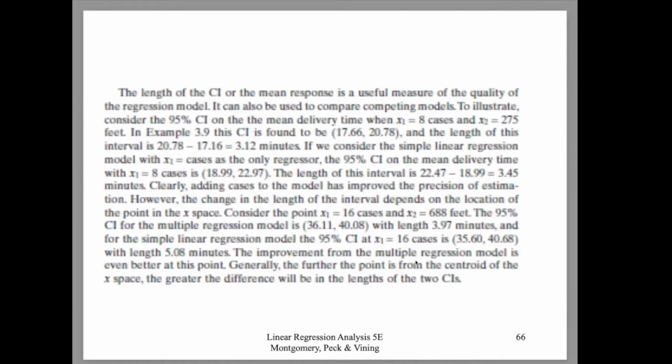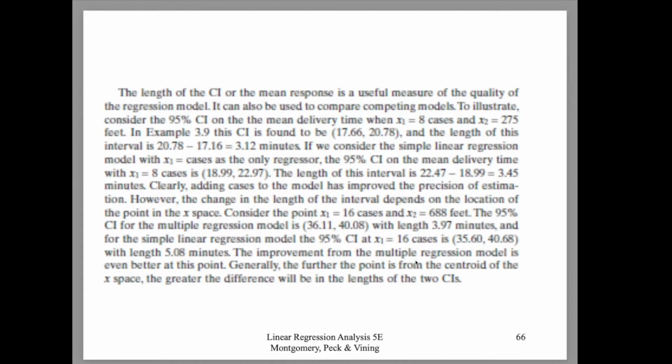All right, and so then finally, this slide has some useful information, and this is taken from the textbook. The length of the confidence interval, whichever confidence interval we're looking at, for a beta parameter or for the mean response, is a useful measure of the quality of the regression model, and we can use this to better understand the benefit of having more than one explanatory variable. And we can see this when we compare different models. And so to illustrate,